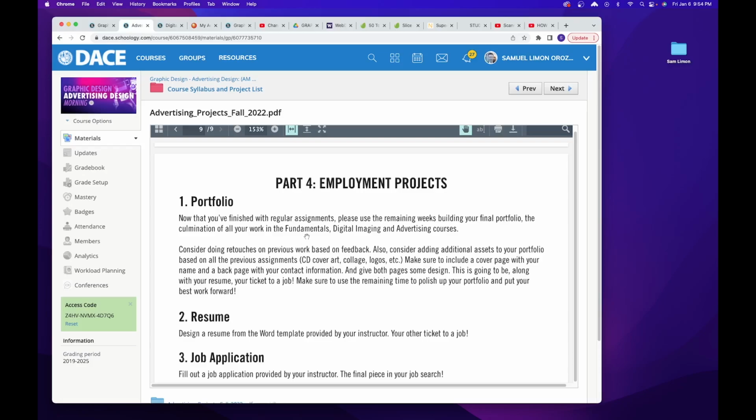If you are enrolled in two of my classes, which some of you are, you're going to be building two portfolios. For example, if you're in fundamentals and advertising, you will be creating a portfolio for the fundamentals class, and then in the advertising class we are going to be creating a separate portfolio. At the very end, once you have finished all these courses, you could just do one single portfolio where